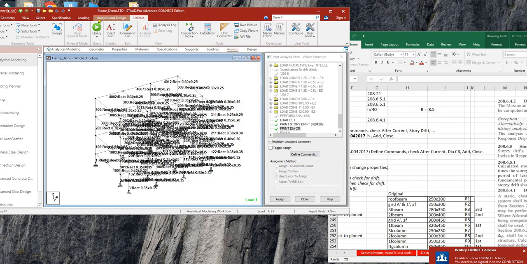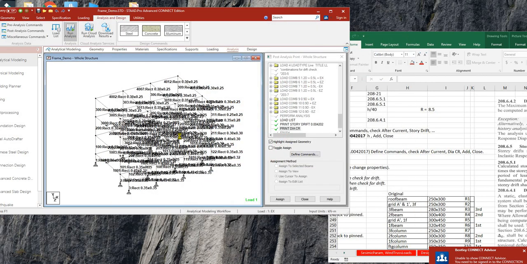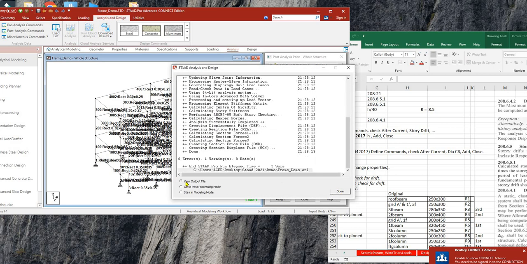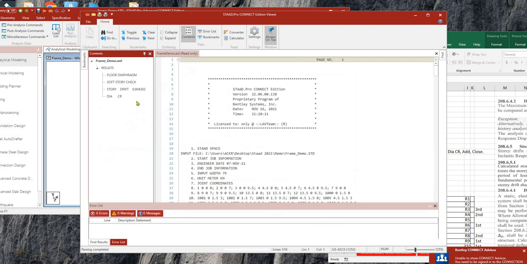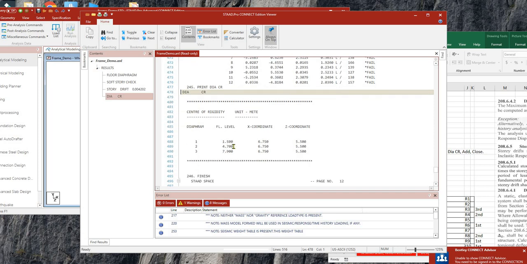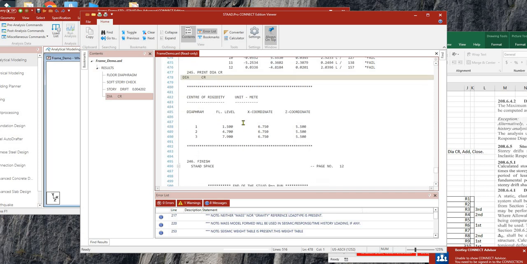Now, let us analyze. Then, let's look at the output file. Click natin tong diaphragm center of rigidity. Double click mo lang yan. So, eto siya. Ibig sabihin at